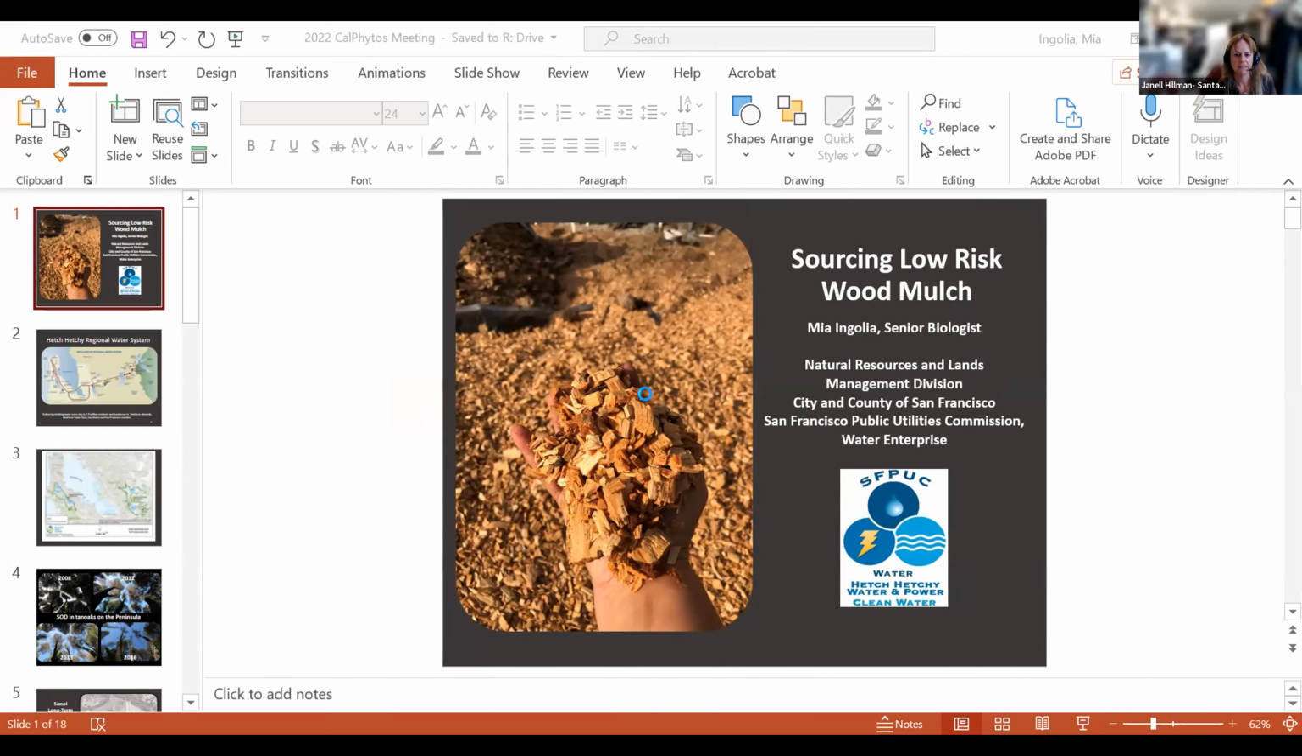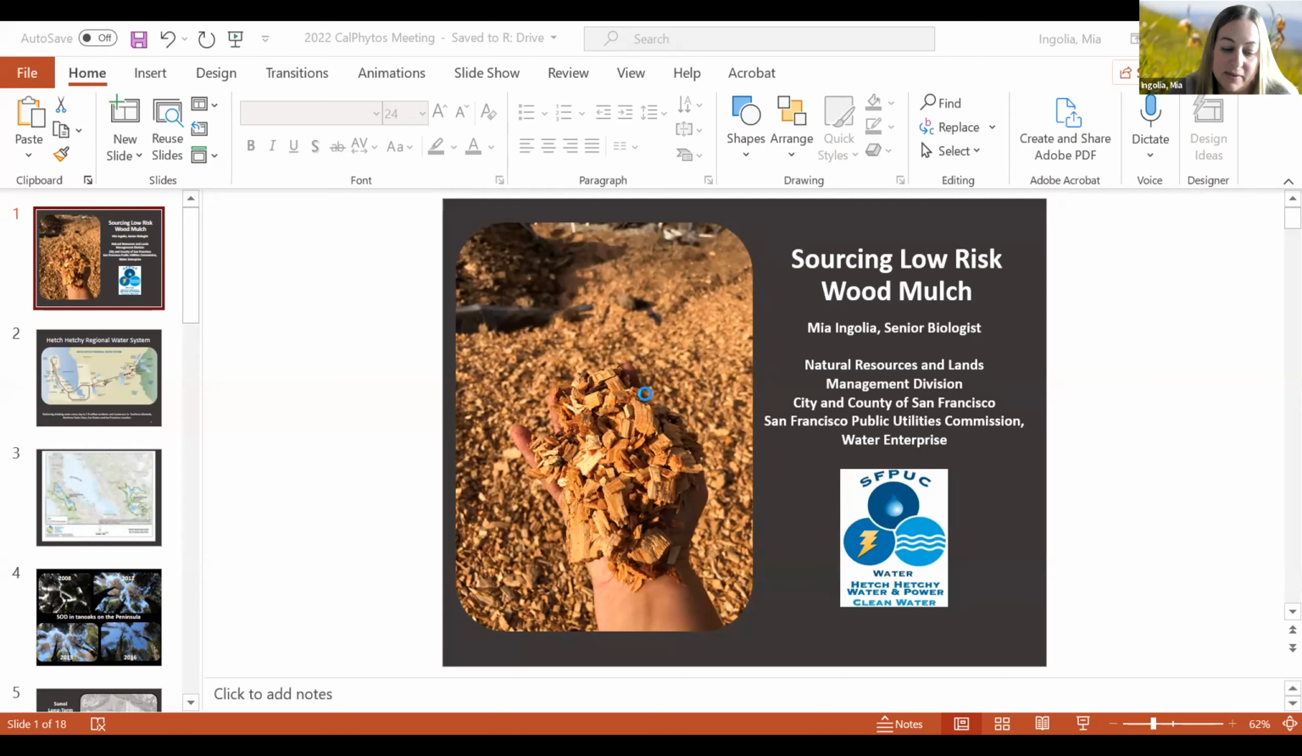Okay. So I am going to talk about mulch today. First, I'll give a little introduction. So the San Francisco Public Utilities Commission, we provide water to San Francisco Public Services, wastewater treatment and disposal for the residents of San Francisco, and water through the Hetch Hetchy Regional Water System to 2.6 million customers in 4